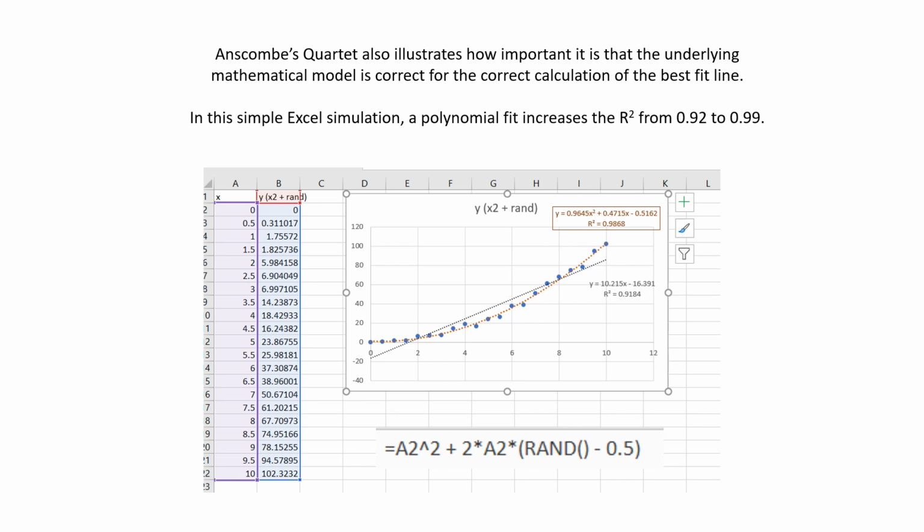If I try to model that with a polynomial fit, as you see in the orange line and in the box at the upper right, my fit on this data increases to 0.9868. So it goes from 0.91 to 0.98, or 0.92 to 0.99 if we're rounding it. That's a significant increase, and it's happening because we're choosing a more appropriate kind of fit for our data. And this ultimately is why correlation analysis is worse than regression analysis, because